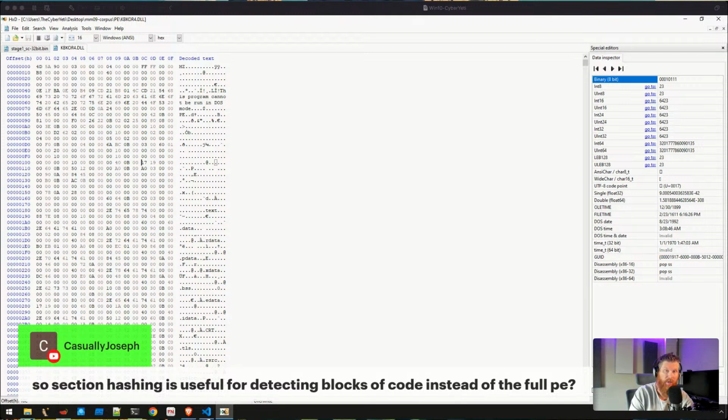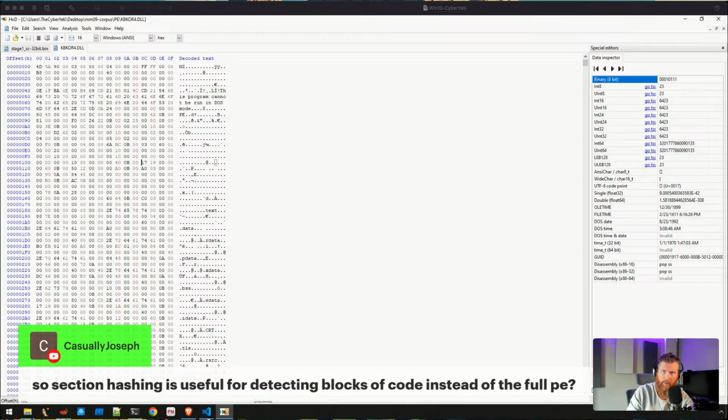On the network side of things, we have things like JA3 and JA4. That's hashing information from the establishment of a TLS session. And so that can be useful to identify related malware or command and control nodes or servers based off of the TLS session without being able to look into the encrypted traffic.